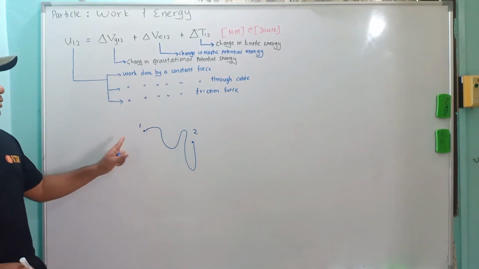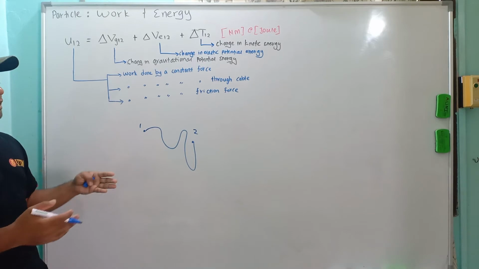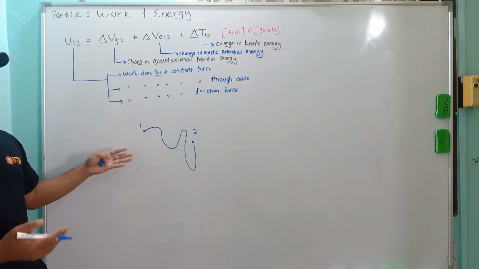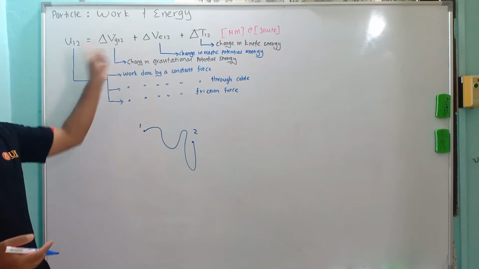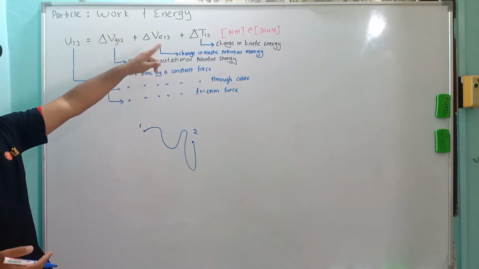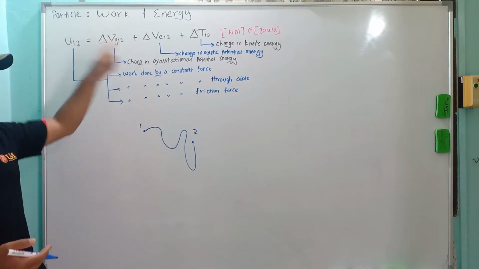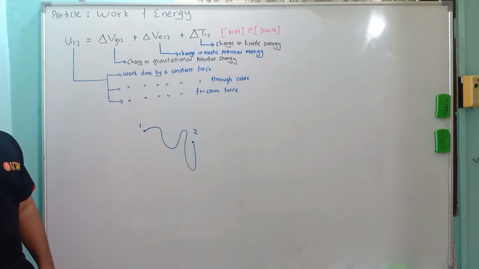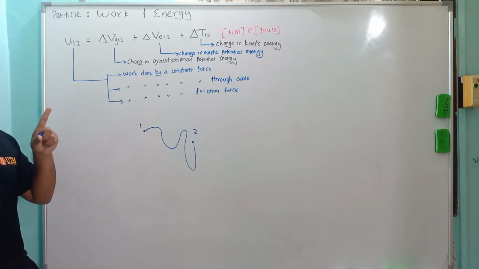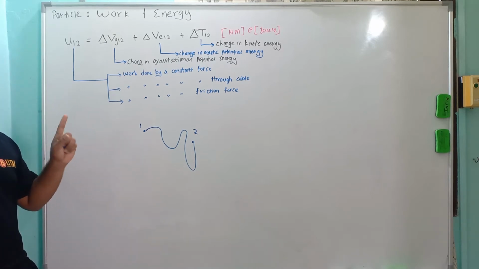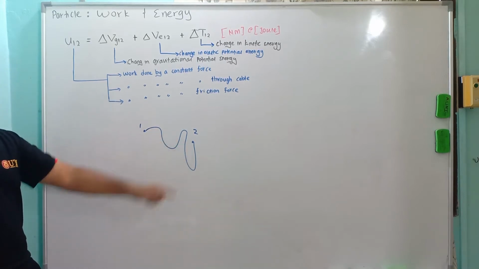We will capture all the things that happen: the change in gravity, the change in potential energy, the velocity and so on. It will be captured in these 4 things in this equation. So the changes will be captured in these 4 components, and it will always involve two points. Work done from point 1 to point 2.